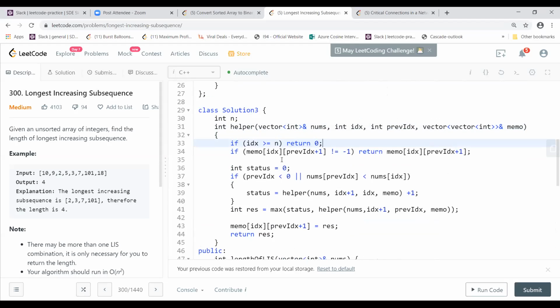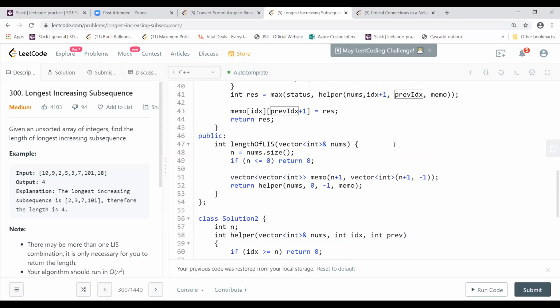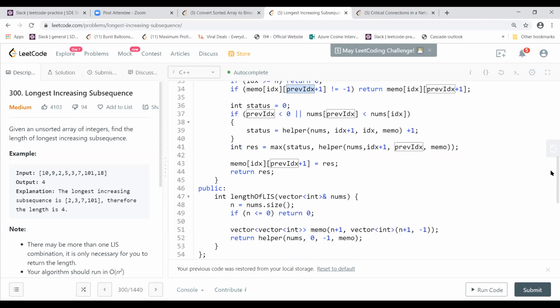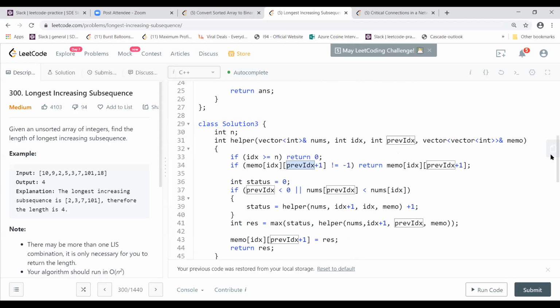Or else this is the memoized version, where I keep the position idx and the previous index plus 1, because initially the previous index is -1, so I make it 0, and therefore the size of the memo is n+1 on both sides, right?